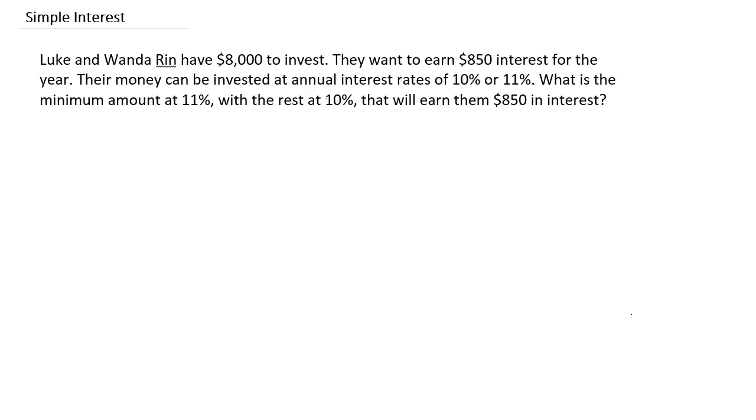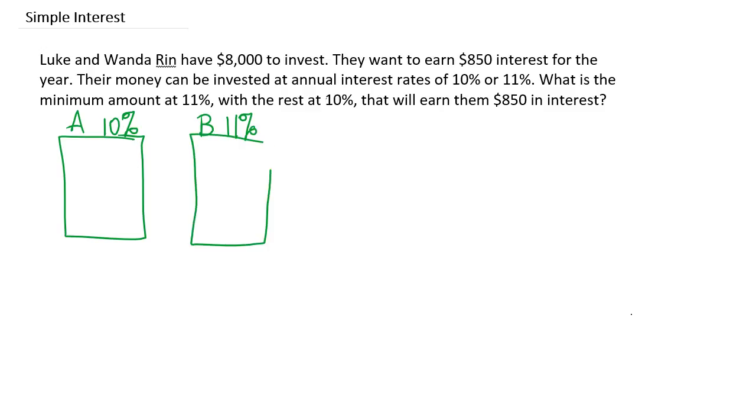So what we want to do is notice that we have two accounts. We have this account, we'll just call it A, which is the 10% interest, and then we have this account B, which is 11% interest. This is the general setup for all of these simple interest word problems where we're investing into two different accounts. So we need to remember that interest